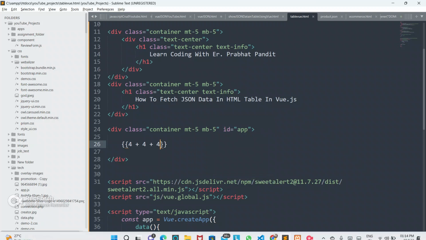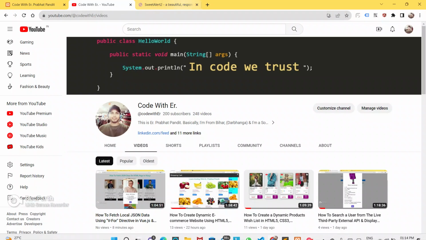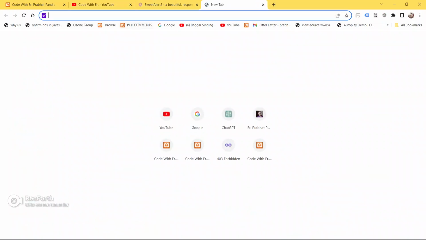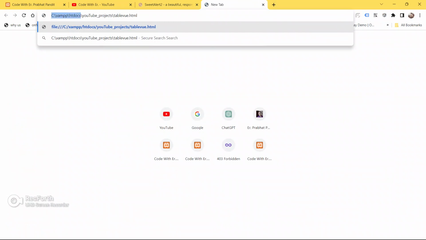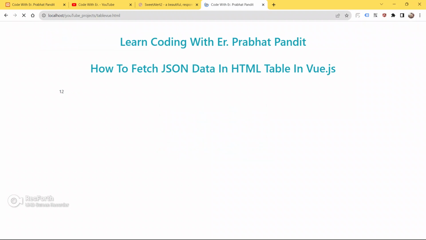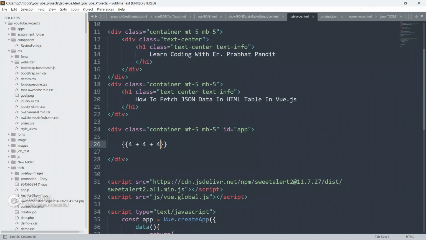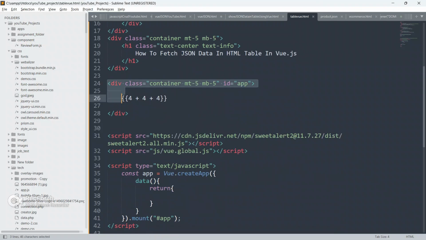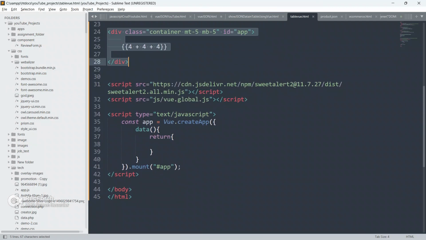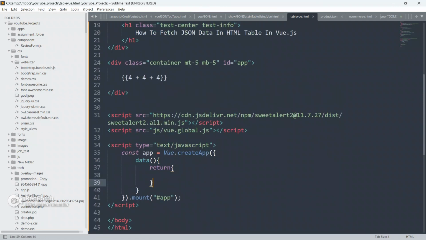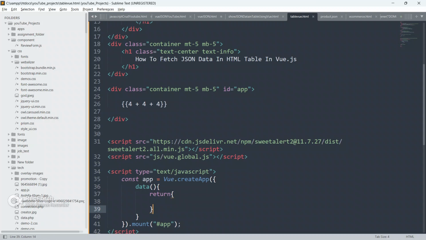So just save your code and copy the file path, go to the browser and open it in the browser first. Paste it here, just remove this from here and put localhost and hit enter. So guys, now you can see here we are getting 8, which means our Vue.js is working fine, and this div has been completely mounted with this Vue.js instance.